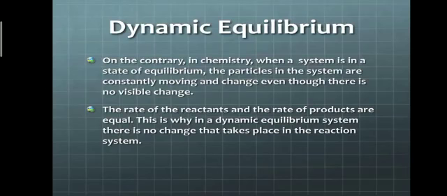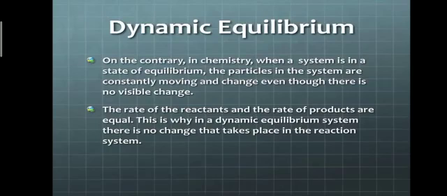Now, dynamic equilibrium, on the contrary. In chemistry, when a system is in a state of equilibrium, the particles in the system are constantly moving. Static means the object is at rest, and dynamic means the object is in motion. So the particles in the system are constantly moving and changing even though there is no visible change. We cannot see the change, we cannot see the movement, but actually all the particles in the system are constantly